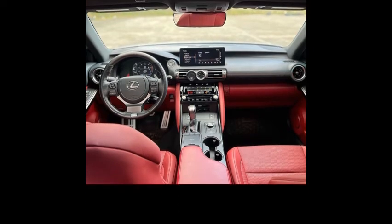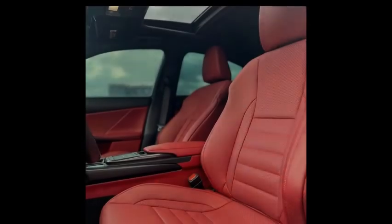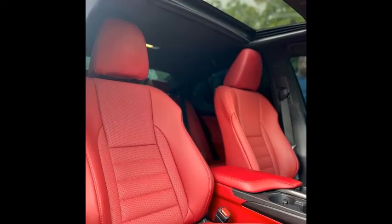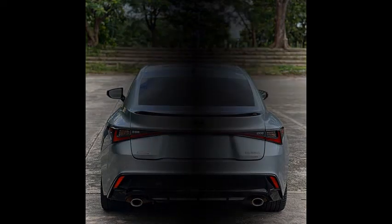IS 350 F Sport. Notable features from the IS 350's list of standard features include: exterior styling for F Sport, 19-inch wheels, suspension optimized for sport, windshield wipers with rain sensors, heated outside mirrors, push-button start, hands-free keyless access, automated climate control for 2 zones, faux leather upholstery, sport front seats with power adjustments, front seats with